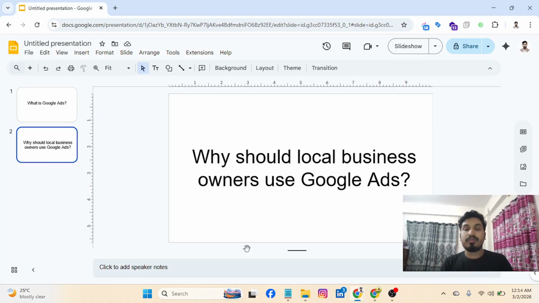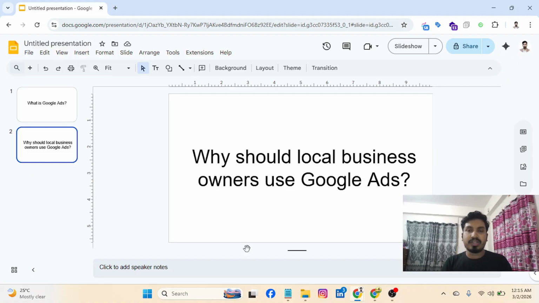A customer who is willingly searching on Google, saying I need a plumber nearby or a plumber in my area, then it's clear that he needs plumbing service very urgently, or as an emergency.